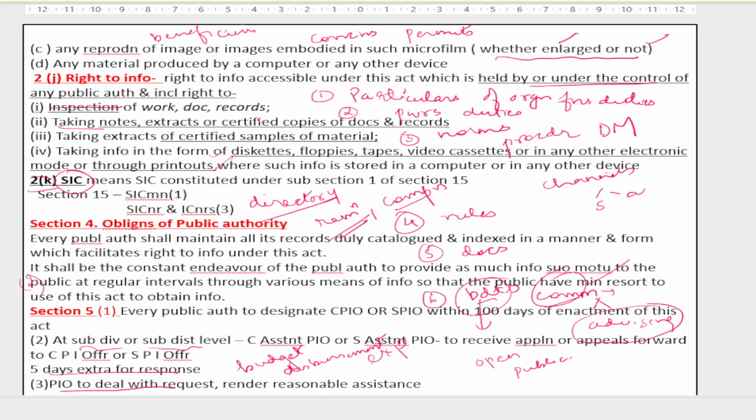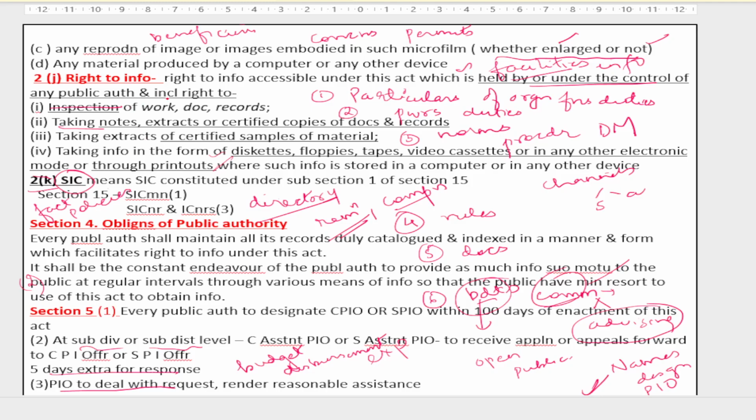And also the particulars of the facilities available to the general public for obtaining information from the organization. These also need to be disclosed. The names and designation of the PIO, the public information officer in the organization, need to be disclosed. Also, the organization needs to publish details of the facts that it took into consideration before framing its policies.